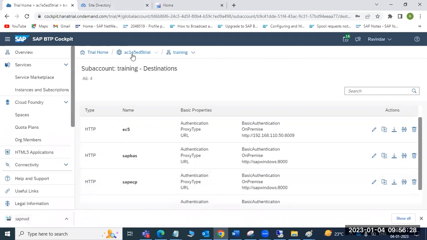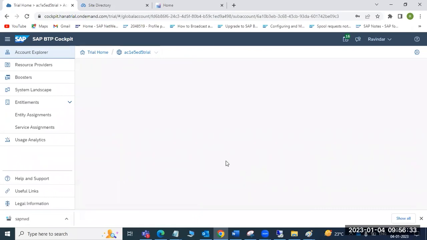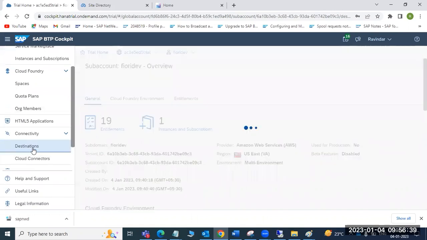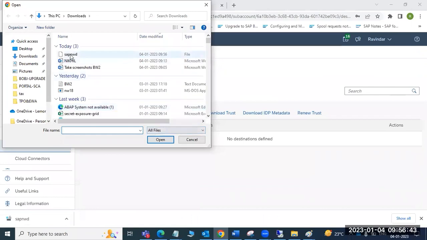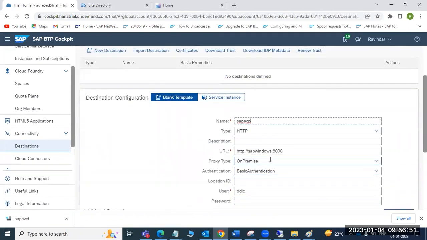Go to the one more sub account, that is the SAP Fiori dev sub account. Then go to the destinations part and import the destination. Simple. While importing, it will ask whether to keep the same naming convention. And what is the host name?